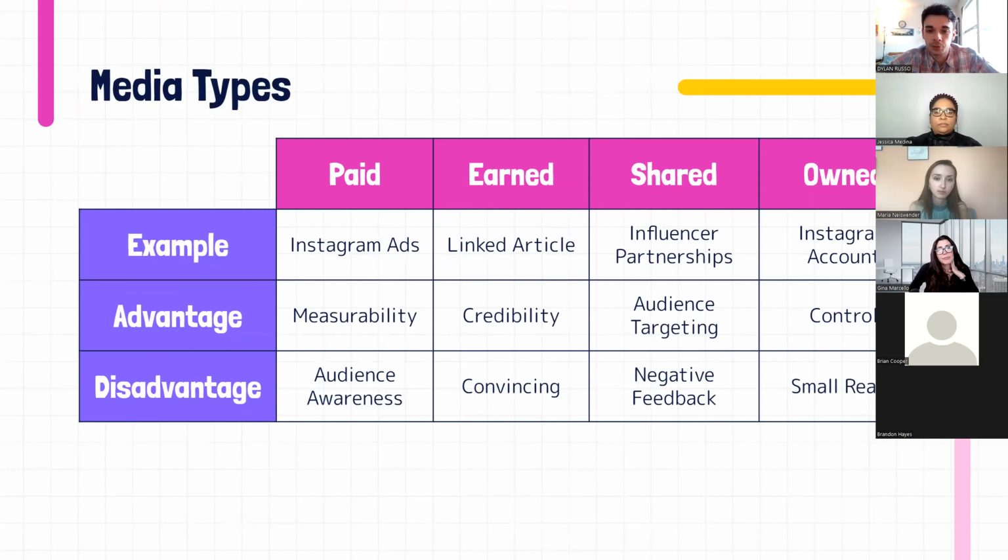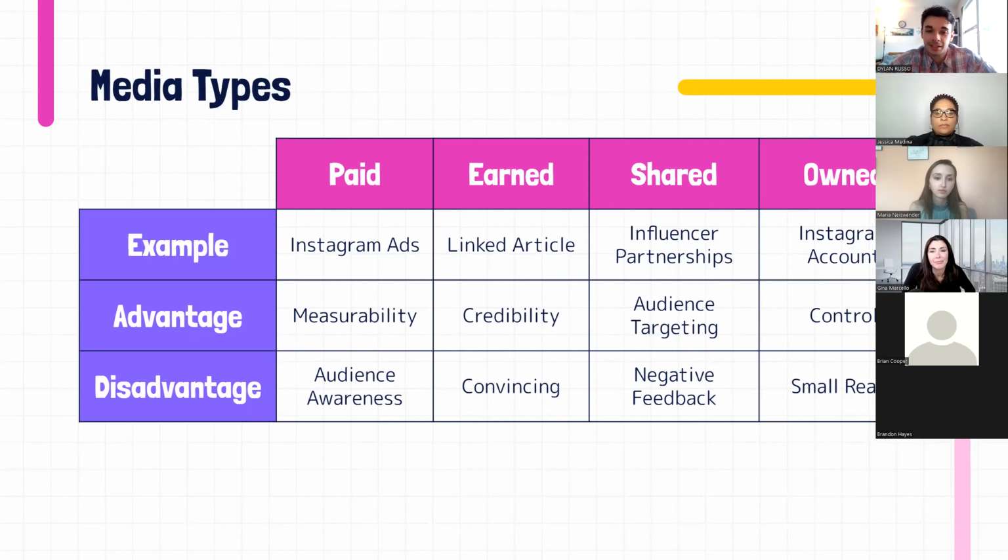It leaves that opportunity for negative feedback. They could write comments. My tip, being in the PR industry, is to always engage those customers and clients, because instead of building relationships with them, you can heal relationships. So it's always good to DM them or do whatever you can to make them feel heard and satisfied.